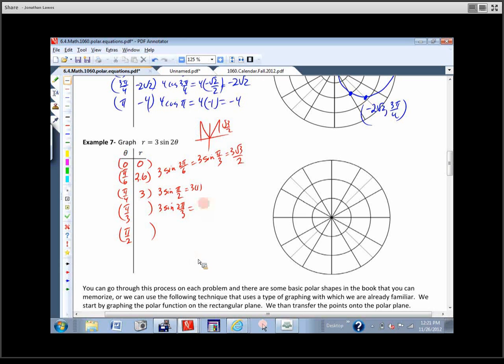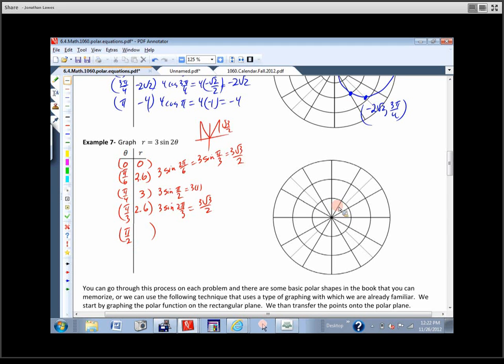Should look a little bit familiar. It's just over here. So it ends up being 3 radical 3 over 2, isn't it? Is that right? Yes? Okay. So this is going to be 2.6